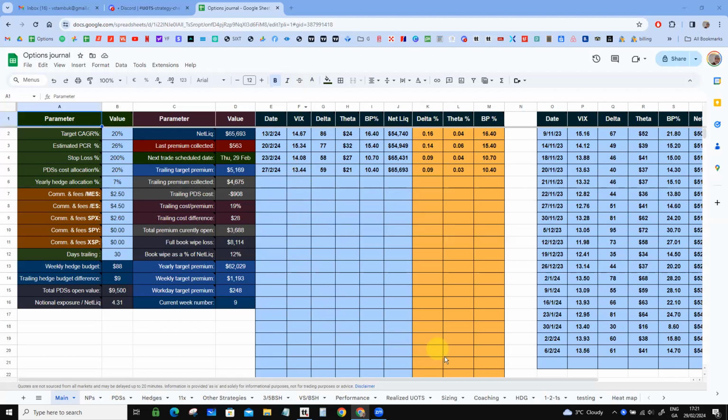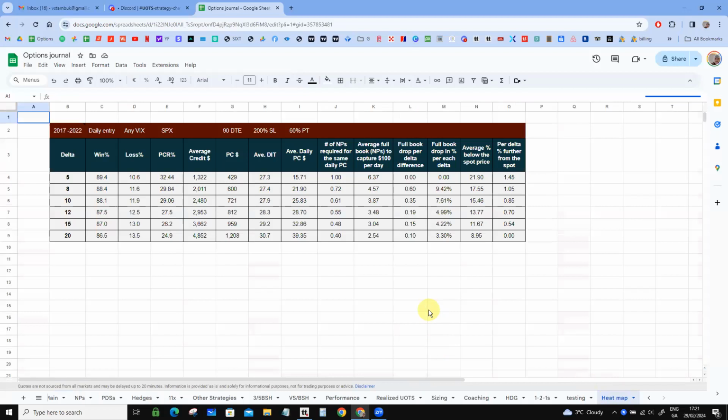But before I do that, let me just show you something that I've been working on yesterday and I shared in a Discord already. But this is going to be a subject of our mastermind session on Friday. I've been extrapolating all of the data from different deltas, the win rate, and all other kinds of things. So we're going to try to find the most optimal delta for our strategy. And we already have a good idea of what that might be, but we want to fine tune it,